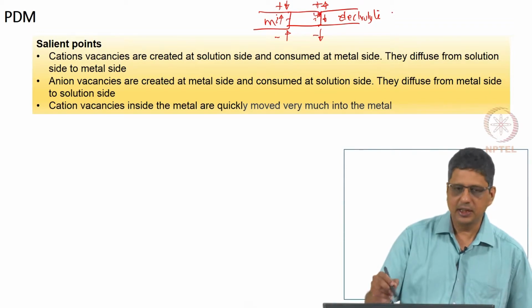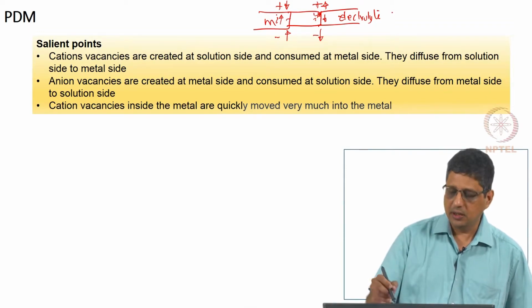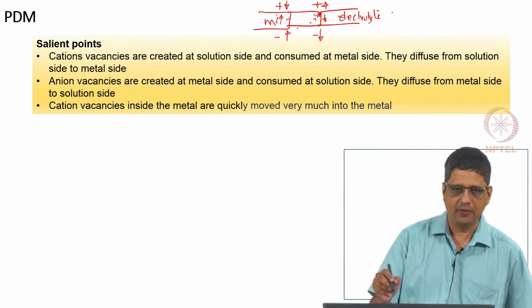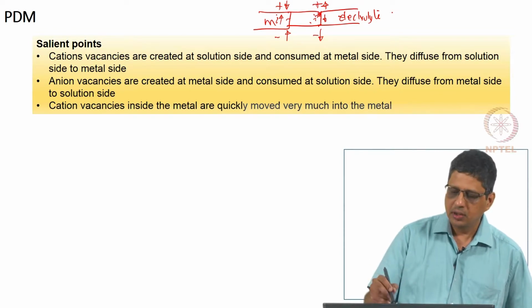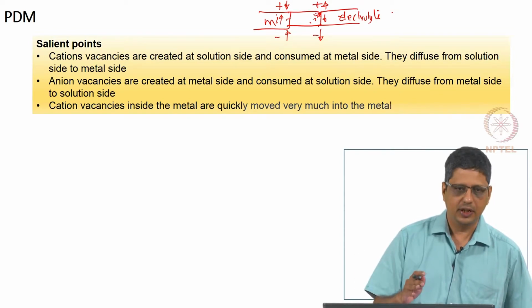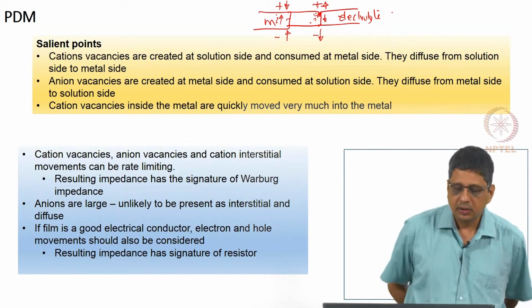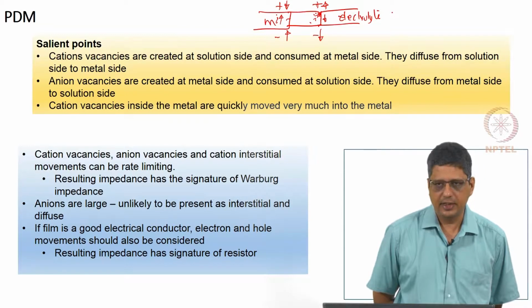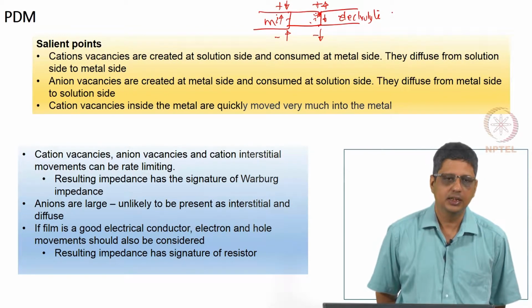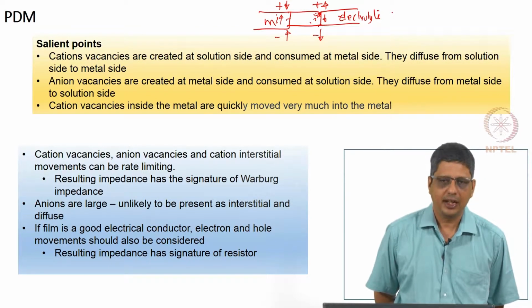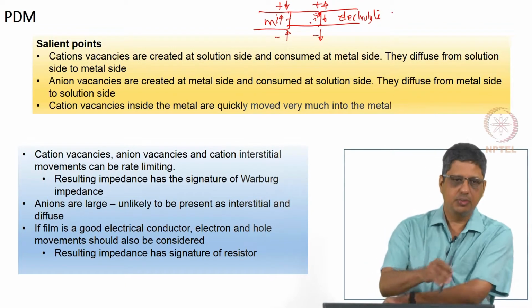It can be a chemical reaction or an electrochemical reaction, depending on whether the cation oxidation state in the film and the cation oxidation state in the solution are different or the same. If they are different, then you have an oxidative or electrochemical reaction. If they are the same, it is just a chemical dissolution, the film dissolving. So, these are a total of 7 reactions, and any of these can be rate limiting. We have not yet considered the movement of electrons or holes through this, but that also should be considered.